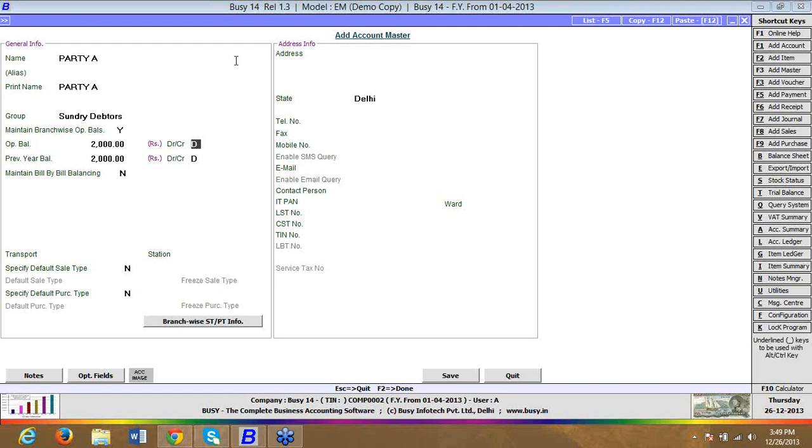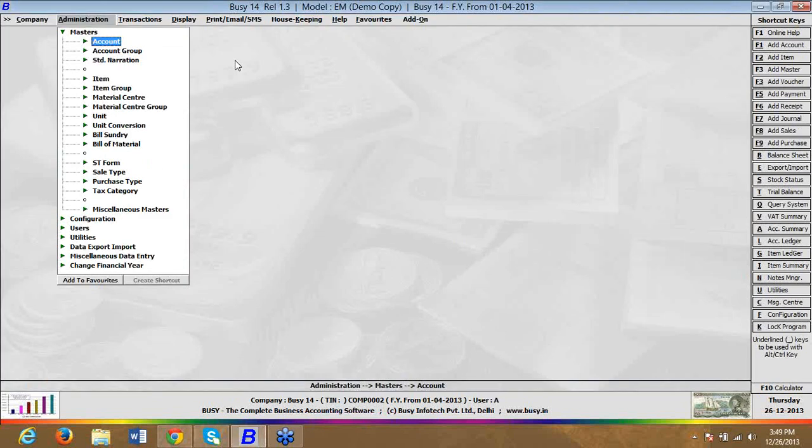We were having P&L in BZ14, BZ12 actually, and in BZ14 after this feature we can get branch wise trial balance and balance sheet also. Even if you are logging in through the user of a particular branch,